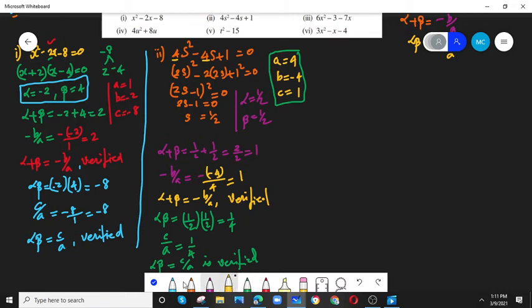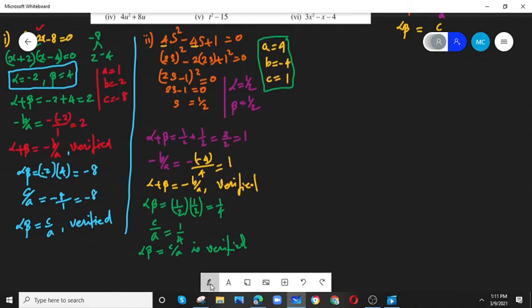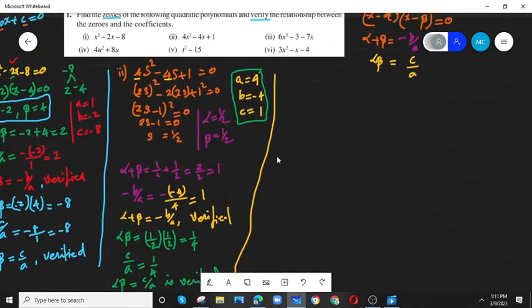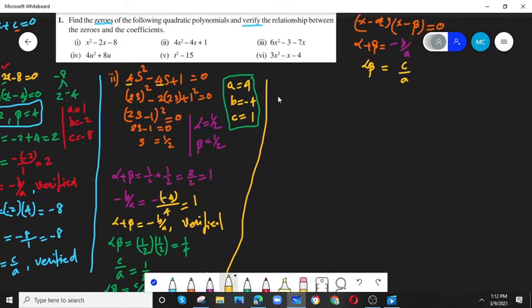So we go to the next question. Third question. Dear students, in the third question they tried to confuse you by giving the order 6x square minus 3 minus 7x. This is not proper order. So you are brilliant, change the x term to the middle: 6x square minus 7x minus 3. Now we have a proper quadratic equation in proper order. So don't be confused by seeing such orders.